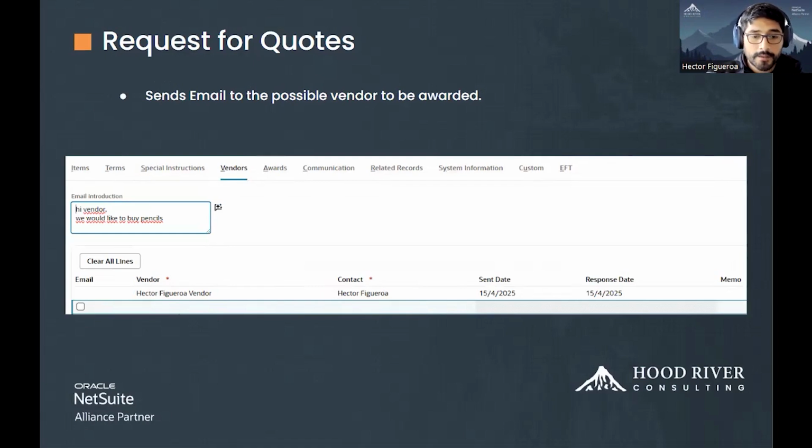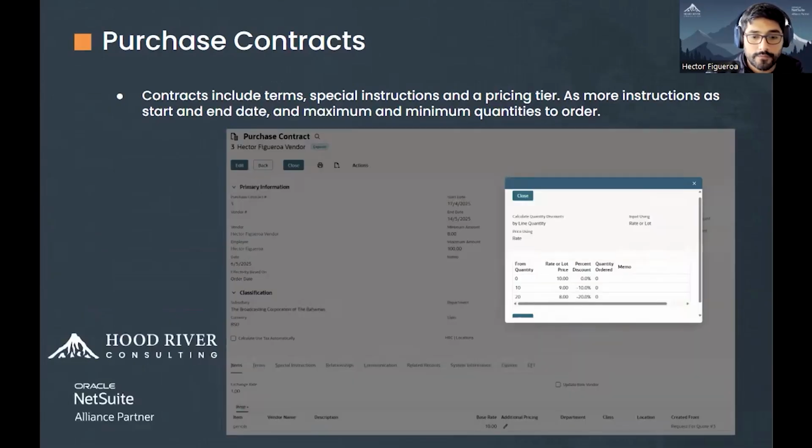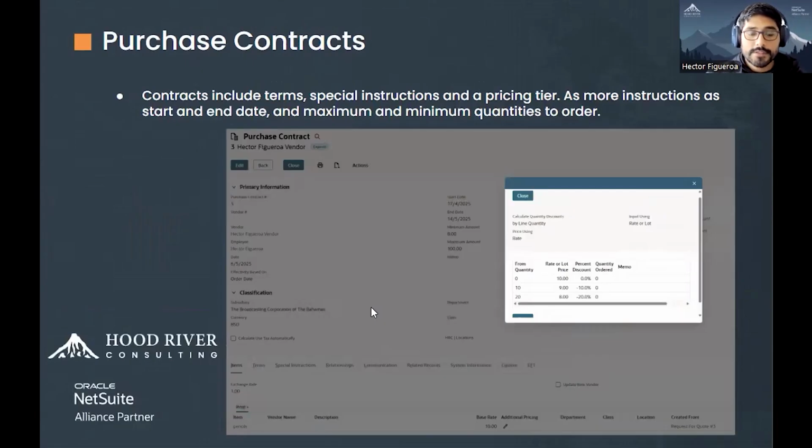quote. And from the start of the bidding to the end of the request for quote, we're going to be receiving the answer on the prices and the discount per unit that each vendor can give us in the following way. In this way, for example, in this purchase contract, that is the transaction that is created after the request for quote has been done, we are going to select one of my vendors.